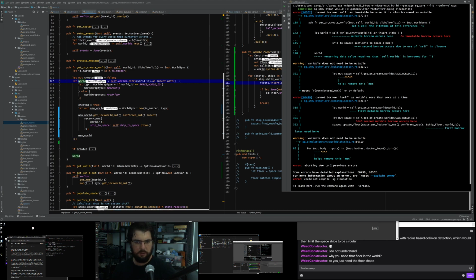So when we say self world's entry ID, we are grabbing a copy of ourselves, and then down here, somewhere in here, we're accessing, because this is modifying ourself here. We can't access ourself here.